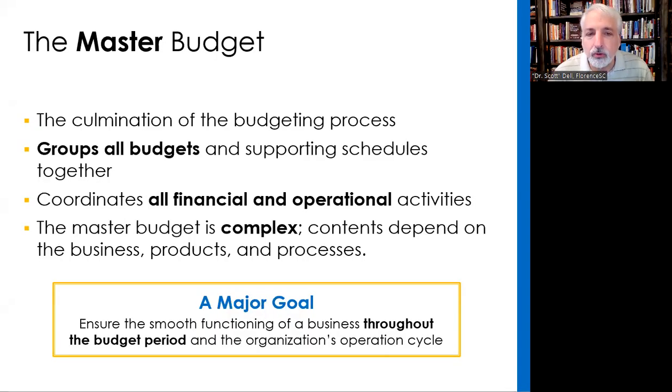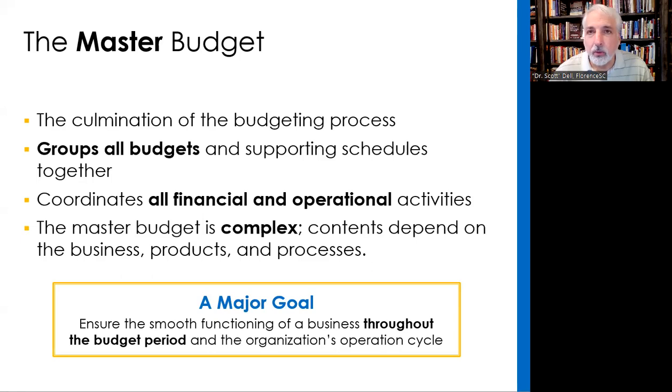Let's go ahead and continue with the budgeting side of the house. And the term that we're going to be talking next about is the master budget. If you think about a master budget, that must mean there are sub-budgets associated with that master. So we're going to take a look at that, and we're going to share the screen now and go over to our budget approach. And we'll see that we have a master budget which groups multiple budgets and supporting schedules